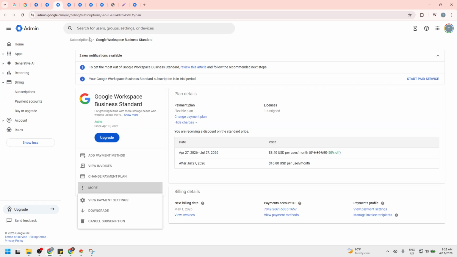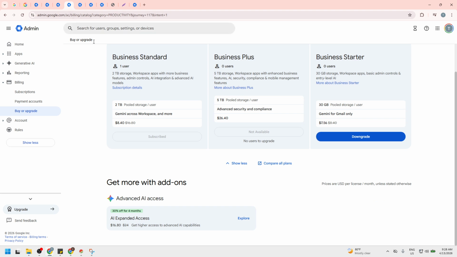On this page, locate the area labeled Subscription Status or look for the More menu represented by 3 vertical dots. Within that menu or section, you should see an option to downgrade. Click Downgrade to begin the process. This opens a guided flow where you'll choose the lower tier plan you want to move to. Select the plan that fits your needs and confirm by clicking Downgrade.